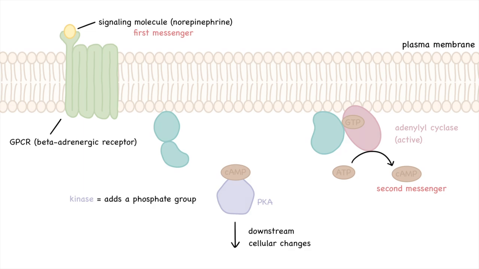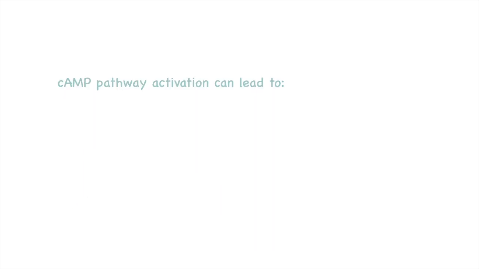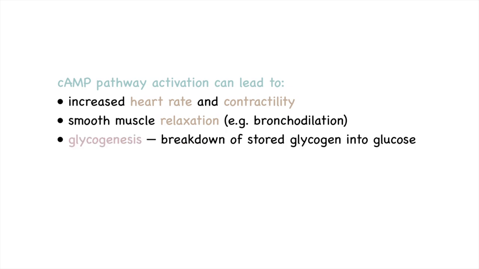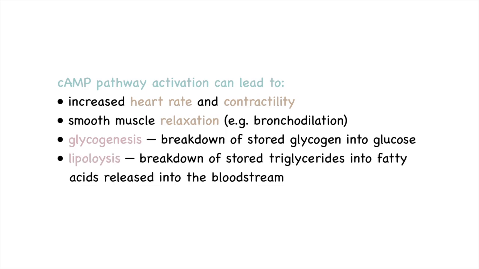So why is this pathway important? A few effects of this pathway are increased heart rate and contractility, smooth muscle relaxation, for example, bronchodilation, glycogenolysis, which is the breakdown of stored glycogen into glucose, and lipolysis, which is the breakdown of stored triglycerides into fatty acids that are then released into the